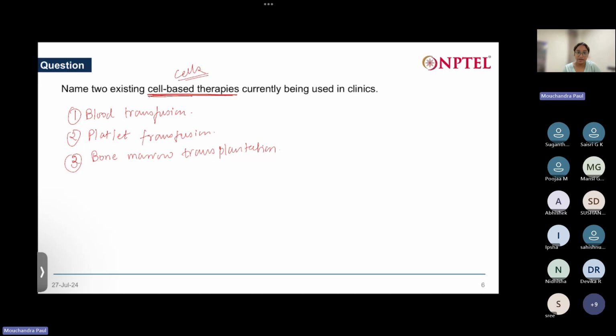The cells are taken before the chemotherapy, and after the chemotherapy is done, doctors re-inject the bone marrow cells into that patient, so that the patient's immune system and other blood cells start forming, new formation takes place, and the patient can recover better. So these are some examples of cell-based therapies that are currently being used in clinics. Okay,